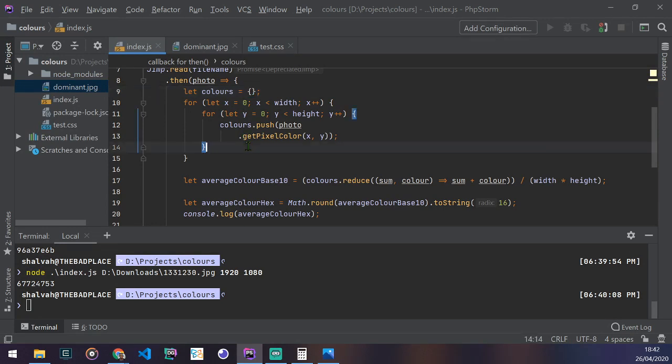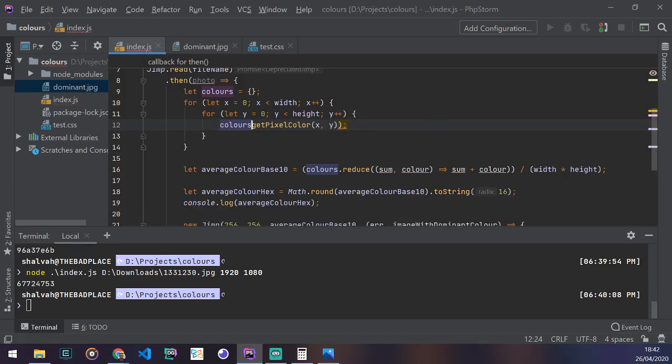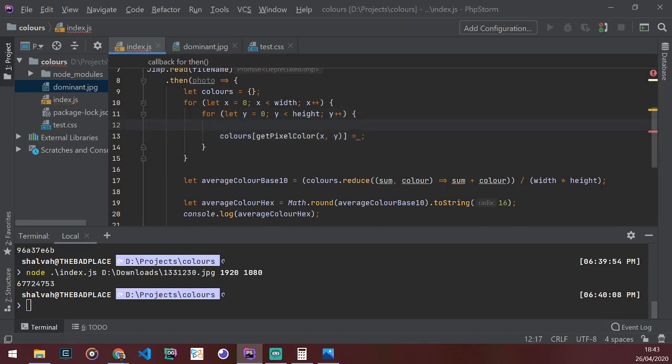So we change colors to a map, and then colors get pixel color equals. So if there was something there, we add to it. If there was something there, we add to it. And if there was nothing, but then why am I doing this? So this is the color of the pixel,